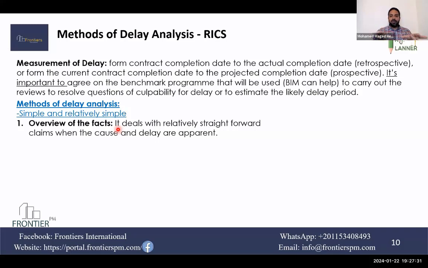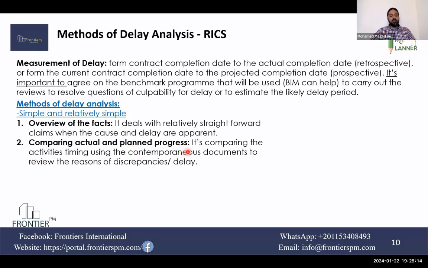So it's very simple and straightforward. You don't need to have a program and have the analysis. It's a complete suspension of the project. Then the employer has to grant the contractor the duration of the full suspension as an extension of time. And in some cases, for example, here in Saudi regulations, they add a time for remobilization. Not only they provide the full time of suspension as an extension of time, they add also an additional duration to the extension of time to allow the contractor to remobilize again and continue the work.